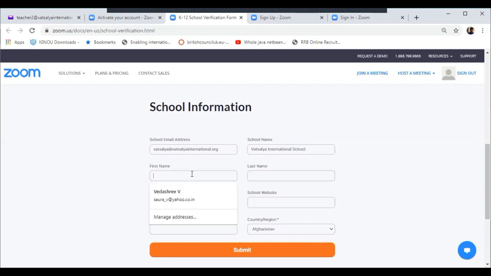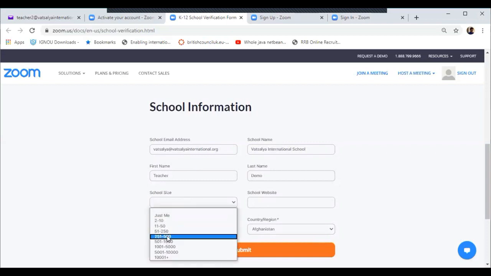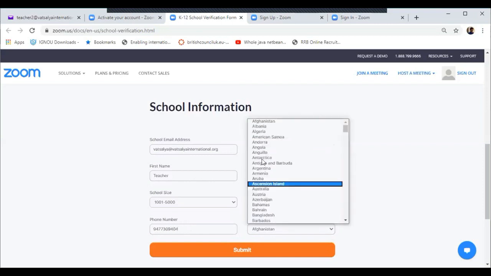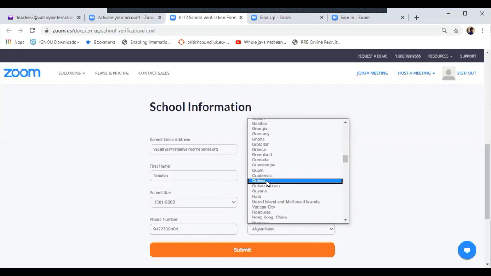First name is teacher and last name is demo, and after that the school website. Here you need to provide the number. I'm providing my number, and here it is India.